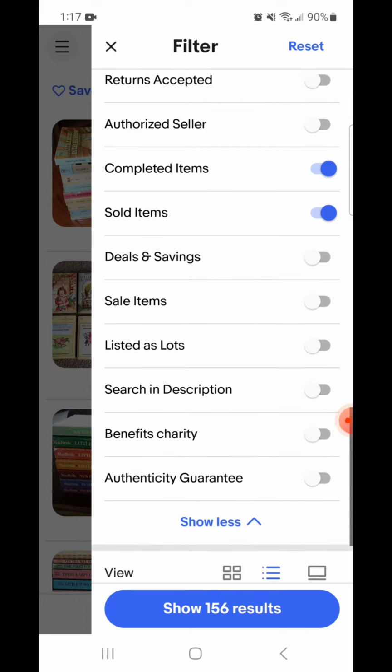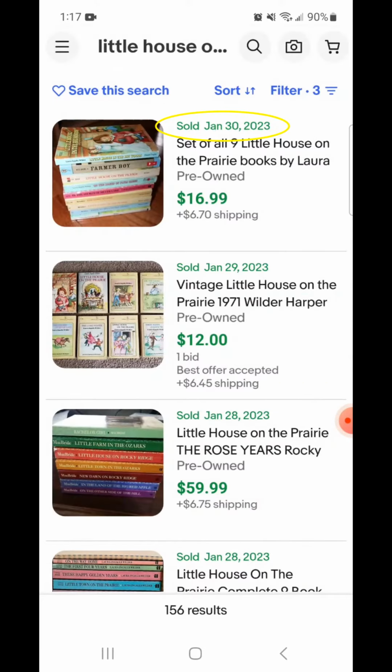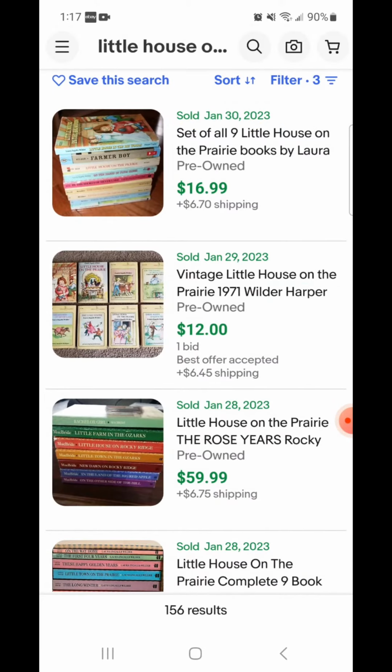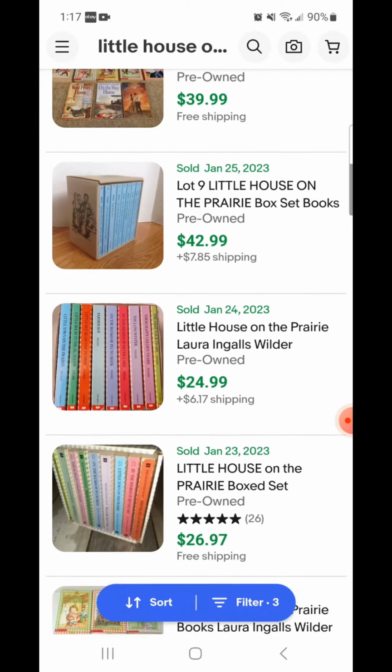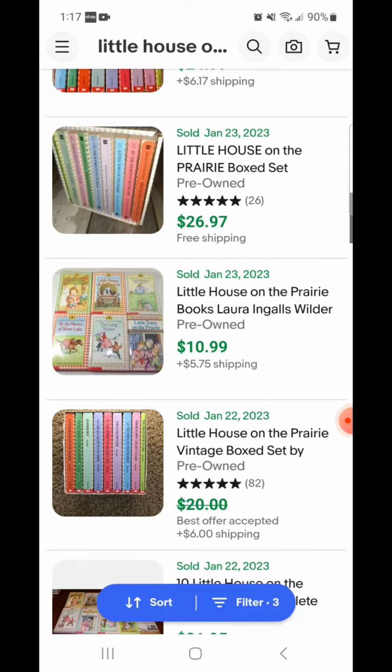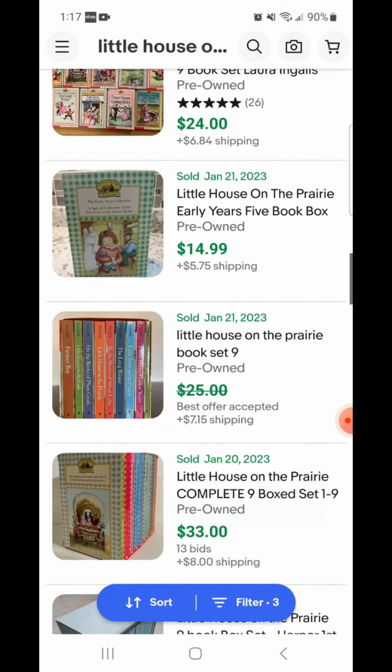And so once those are selected, you can see that there are 156 results showing. So click on that, show results. So this is showing what these books actually sold for, so you can find the set that you have in your home and get an idea of what to price that set of books for, or whatever the other items you have that you're trying to sell or price, so you can get an idea of how much they sell